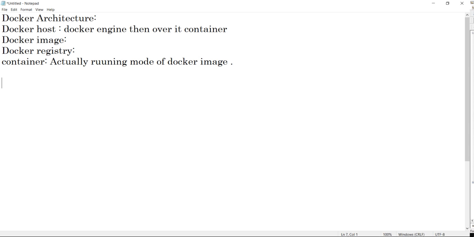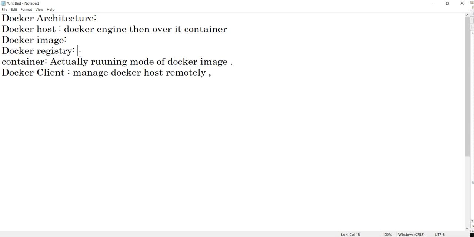And then there is one more thing, Docker client. What is Docker client? Some people think that Docker client is a client who is using the Docker technology. No, with Docker client you can manage your Docker host remotely. I can log in to my Docker client, and from my Docker client, I can manage my Docker host remotely, or I can run my commands directly on my Docker host on which my containers are running.